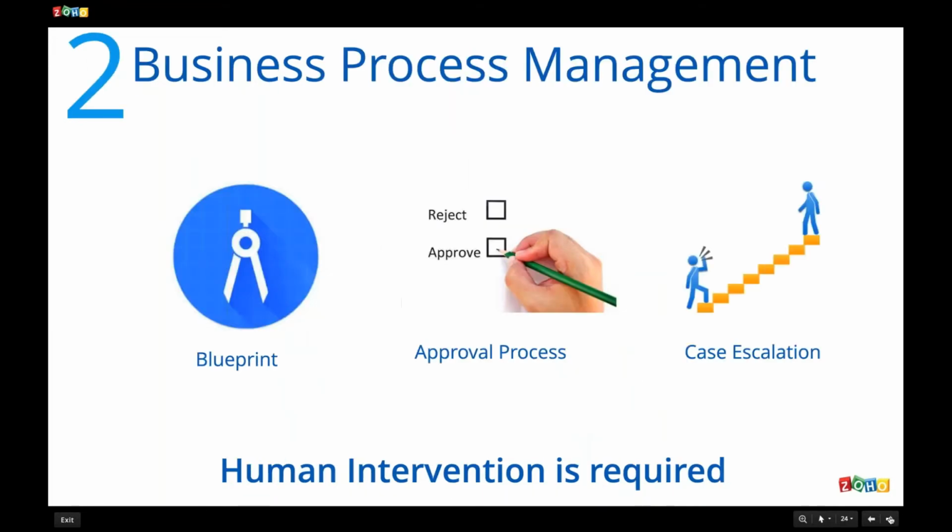And inside the automation, we have business process management. We never talked about this term, so we still categorize everything into the automation. So there is a huge business process management happening inside CRM, inside the automation. Blueprint is one. We have approval process and we have case escalation rules. Here the process is clearly defined and human intervention is required to move from one place to another. That we call business process management, and we have enhancements on each and every feature moving forward.